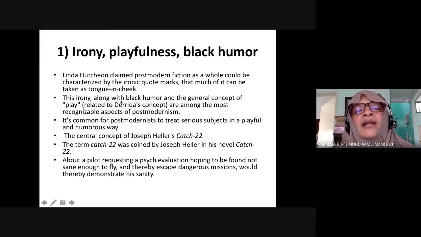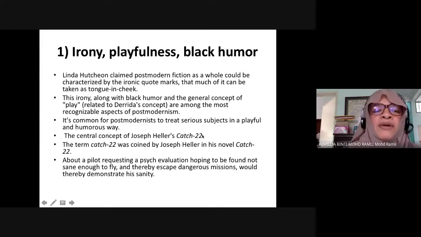This irony, along with black humor and the general concept of play related to the reader's concept, are amongst the most recognizable aspects of postmodernism. It is common for postmodernists to treat serious subjects in a playful and humorous way. So the central concept of Joseph Heller's Catch-22, which is the famous novel,